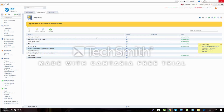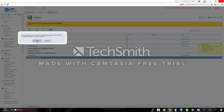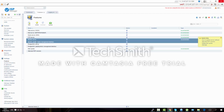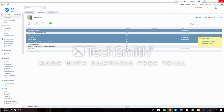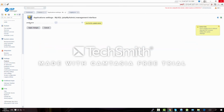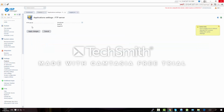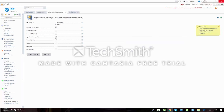Here's a cool thing, as you can see here, nothing installed. We install alternative PHP versions, MySQL server, phpMyAdmin, FTP server, mail server, everything in here. We will go with ProFTPD and can install it, SpamAssassin, ClamAV, Roundcube after login,